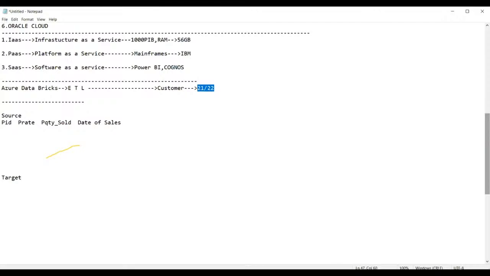So, guys, to know this query or to report the same to the customer, what do you require? You require the source, consisting of the following information: product ID, product rate, product quantity sold, date of sales. Let us give the product rate as 100 rupees, the quantity sold is 10, and the date of sale is 21/11/2022. And then you have another product, the rate is 200, and the quantity sold is 05.